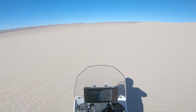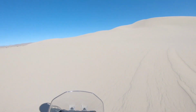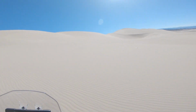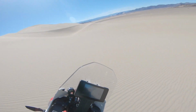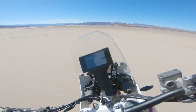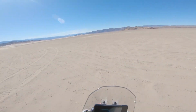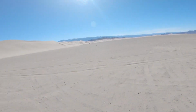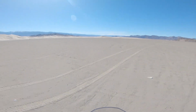And this isn't a sand tire on here, so this thing definitely is having to work a little bit, but... whoa, got a little wiggly right there. That's one thing the Pro or Factory Edition has, a steering stabilizer to help alleviate some of those wiggles at speed. I'm hoping to get this thing into some tighter, rockier, less wide open terrain,